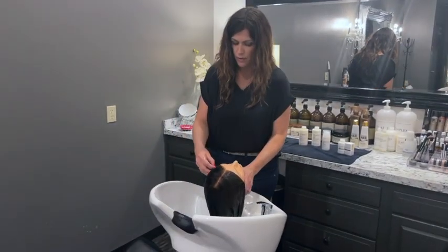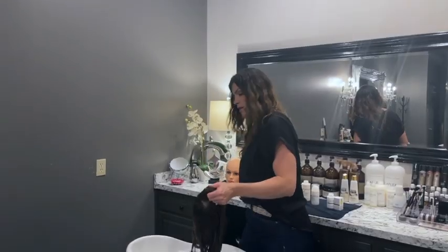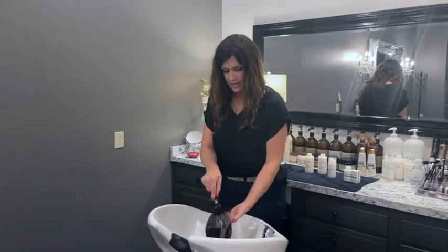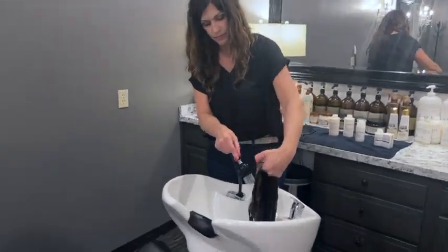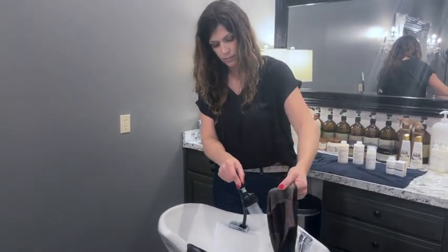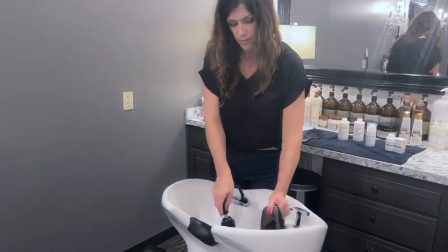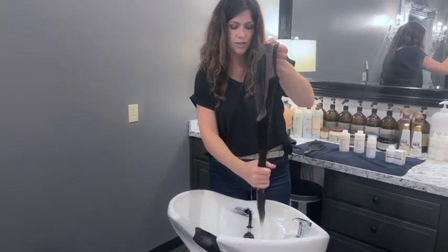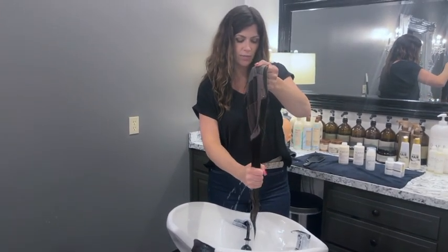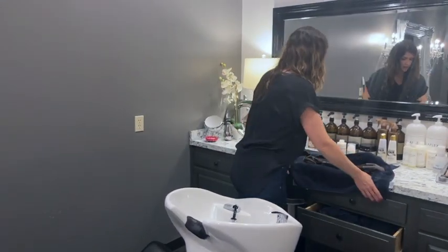So I'm gonna remove those pins and just flip the inside of the cap and rinse the inside. So once you rinse really well, then you're just gonna squeeze the water out. Place your wig in the towel, wrap it up,